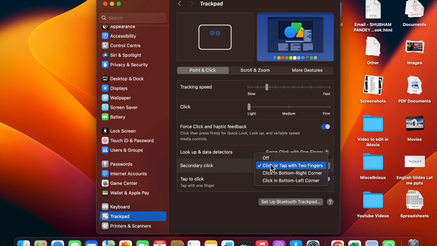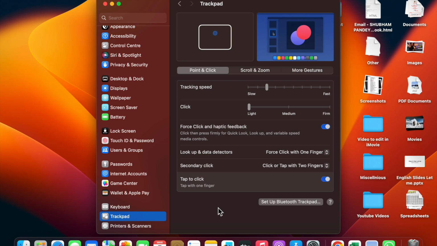Okay, now here you can turn it off, or click or tap with two fingers. I have chosen it. You can choose click in the bottom right corner or click in the bottom left corner. Okay, so you can choose whichever you want, and after that you will see that right click is enabled